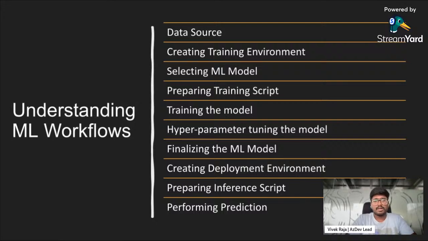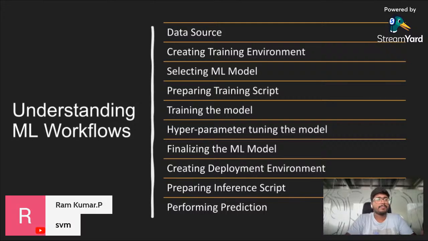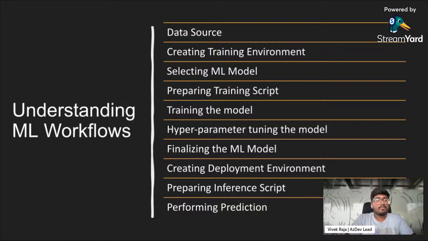So once you have your machine learning model and once you have your data, we need to write a training script that connects the data set with your model, and we need to train it. And where does the training take place? It takes place in your training environment. So now you can connect the dots here. The reason why we are taking it slow from here is that these workflows are exactly what we're going to implement in cloud. So once we are familiarizing with the training script, you have your training script, you have your data. The training script can take data and run it. It will run on the training environment.